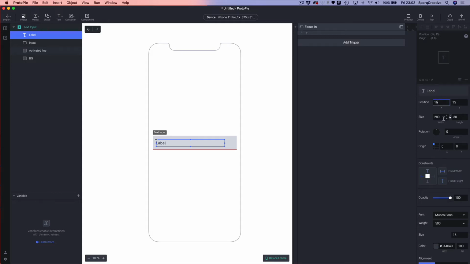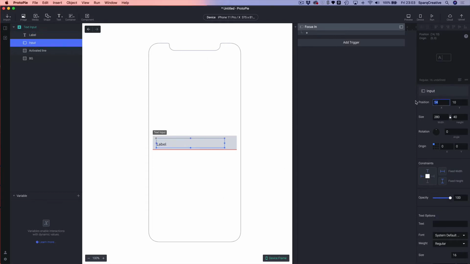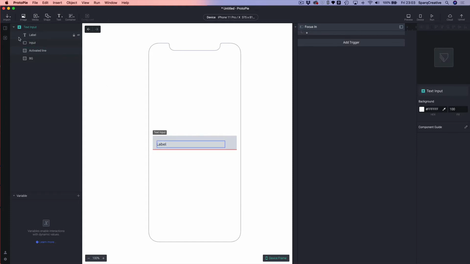It's going to change the positioning a little bit. Let's make this the same as well. 16 and 20. Okay, so if you're familiar with the material design text input, what